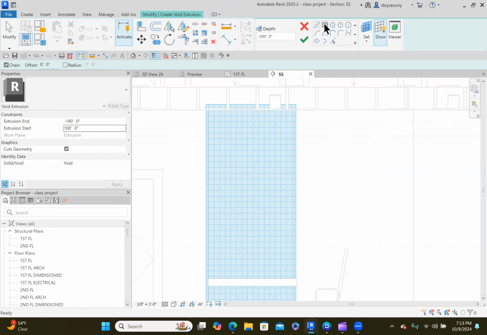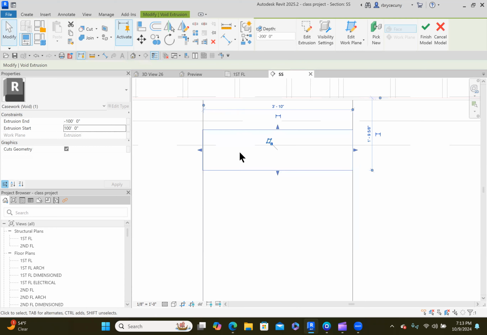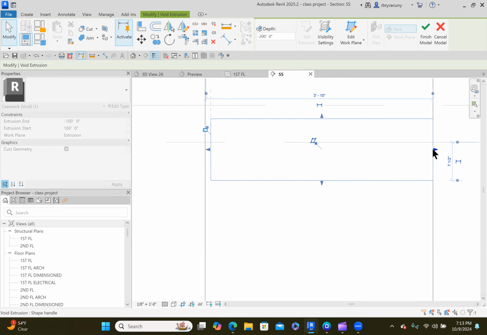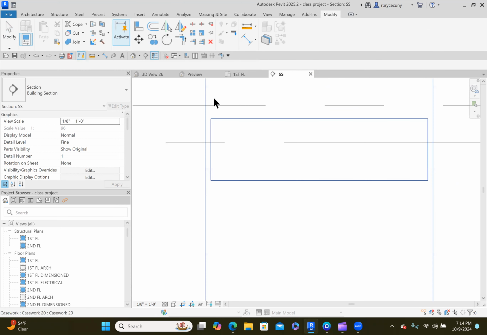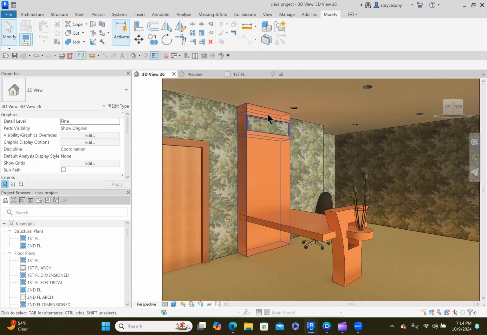Let's see what happens if we come to here and to there. Say okay. Now we can see it. Looks like we might want to pull it in some more. And we'll cut. Say okay, and let's see what we did now. Yep, I got my cut in there, but